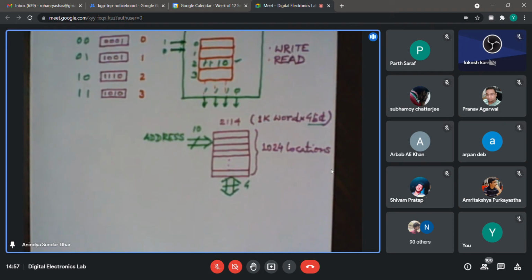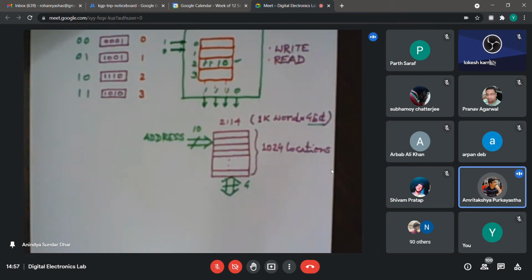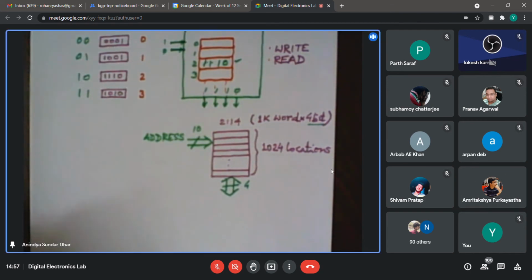But you said something, chip enable or chip select, right? Yes. So that pin is really there, but what could be its purpose? If we want to expand the address space by using multiple such chips, at a time I will activate only one chip, so that the outputs do not get any contention. For that purpose, we use the chip select. If chip select or chip enable is active, then the output will be available. Otherwise, it will remain tri-state.